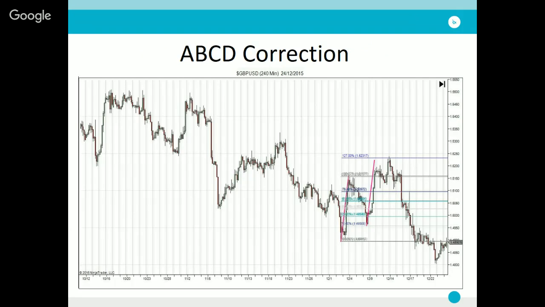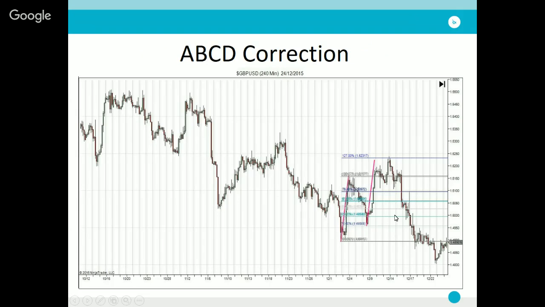So instead of trading a counter trend reversal, this time we're trading with the trend. We've identified a correction within the trend, and we're getting in at what we anticipate will be the exhaustion point of this corrective move. So in this type of situation, we anticipate that there is probably better risk reward for the trade, because we anticipate we'll get a resumption of the trend and price is going to break down through